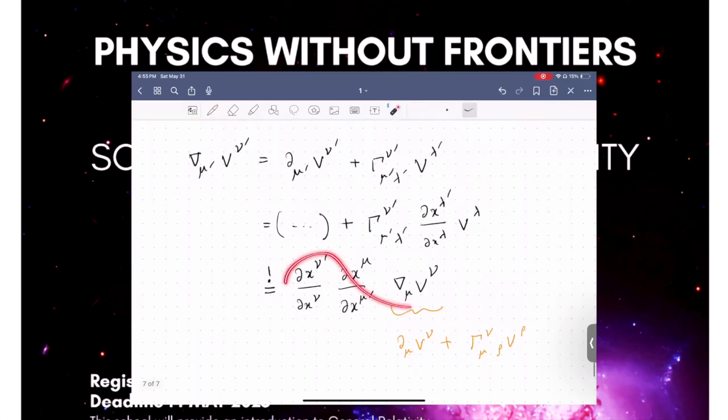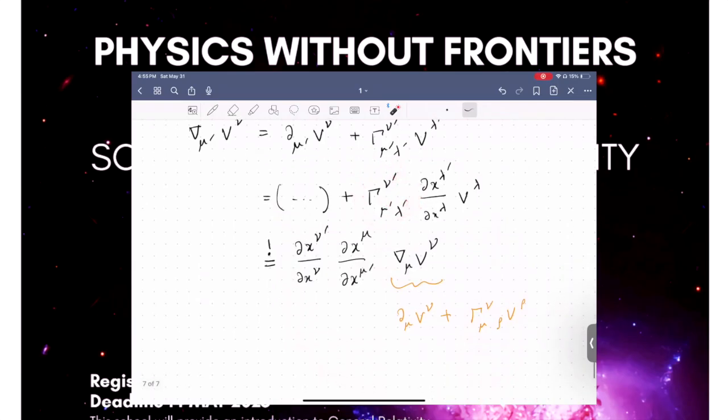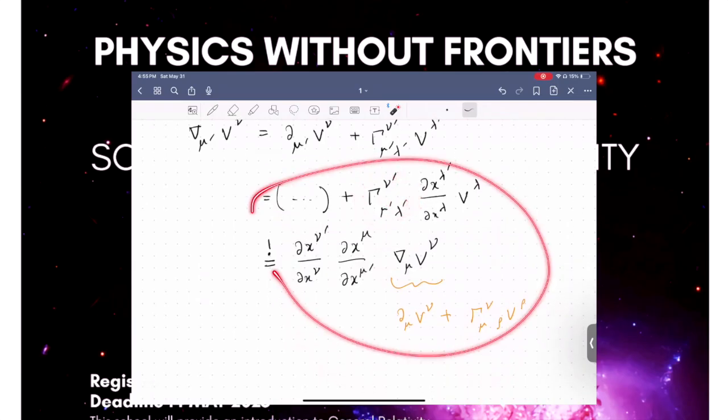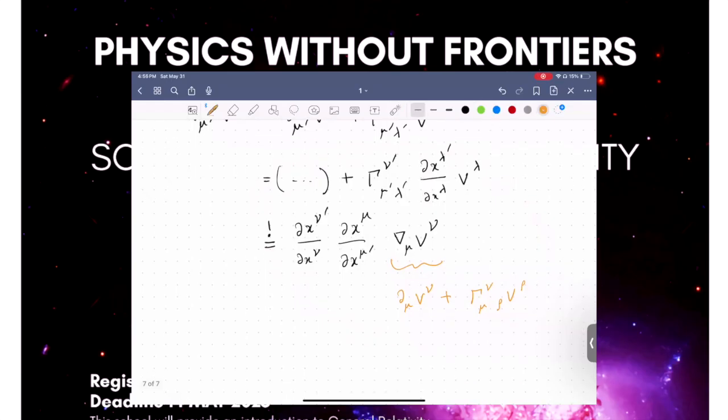So once you compare the expression coming from here with the expression coming from here, you will be able to find a relation between this gamma with unprimed indices and gamma with primed indices. Because this equation must hold for any v. So you collect the coefficients of v, you set them to be equal, and you find a relation for these Christoffel symbols. And the relation that you find is going to be